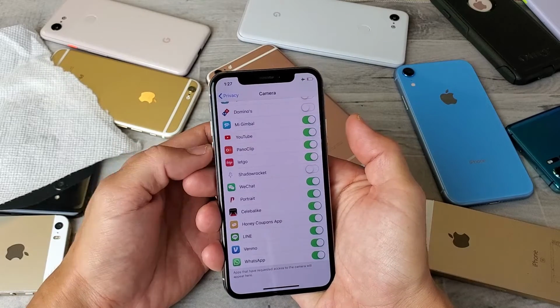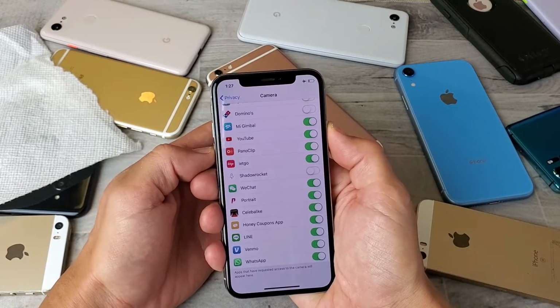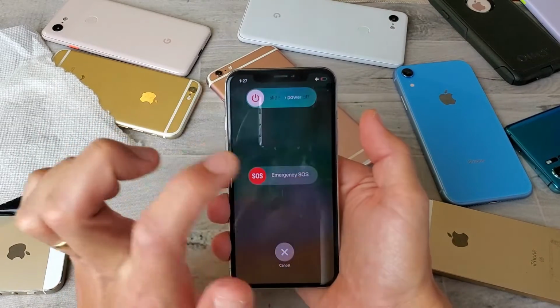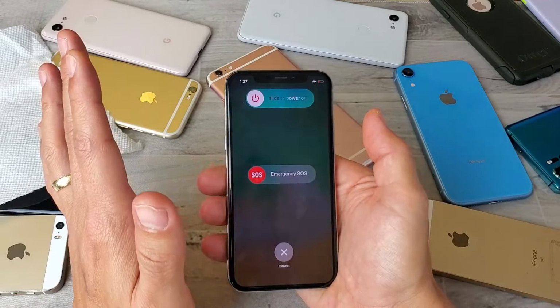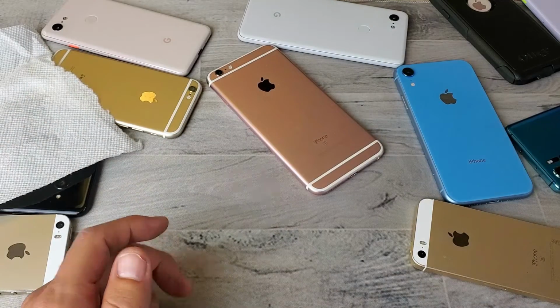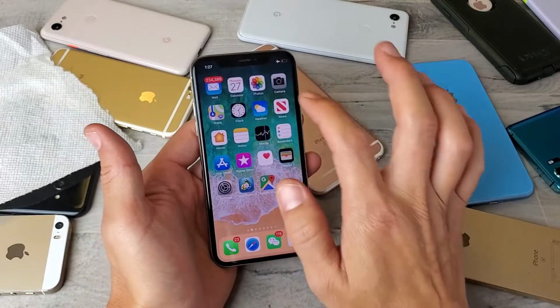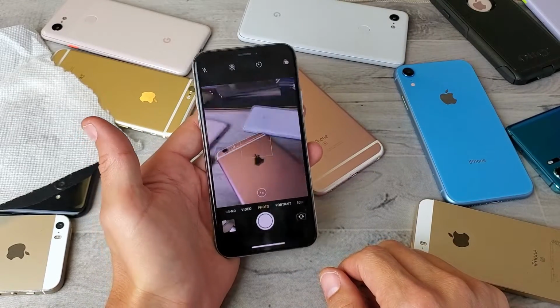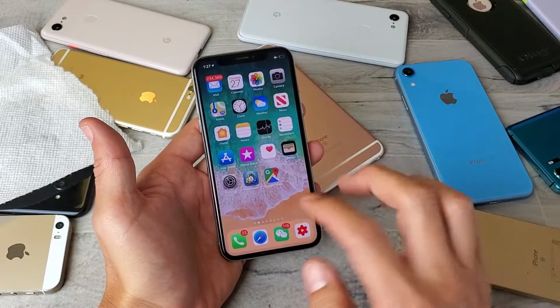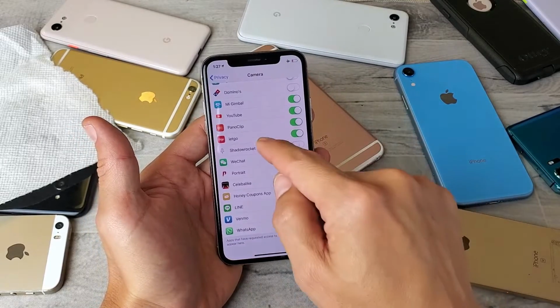Go ahead and turn it off: volume down, power button, press and hold both buttons. Wait till the slider option appears. Go ahead and slide it off. Then go ahead and turn your phone back on. Once it's back up, open up your camera and see if you're still having those issues. Now, if you're not having those issues anymore, well then the issue is one of these third-party apps that